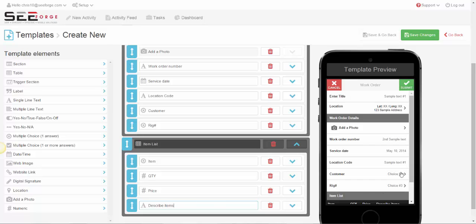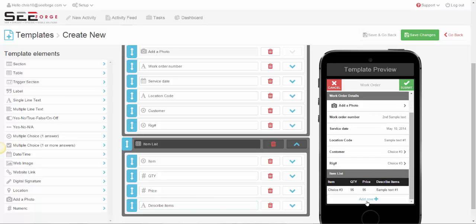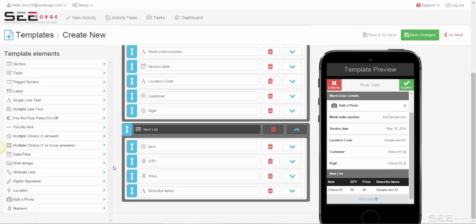So now we've built this, and we can actually have a look at the preview of what it would look like. So we have item, quantity, price, and description. So I have choice, and the quantity, prices, and this. So when I fill it in, I can add rows. So I can add a few more of these rows as I go, but this is all I need to do for this section. When finished, I need to add in a name and signature, which means I need to